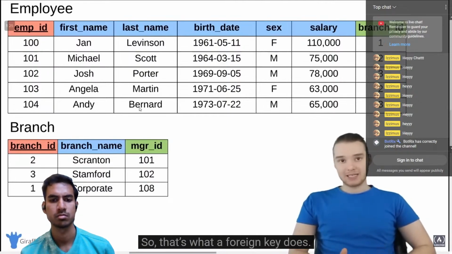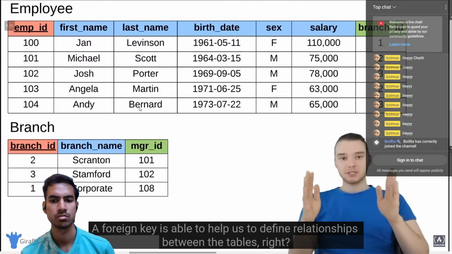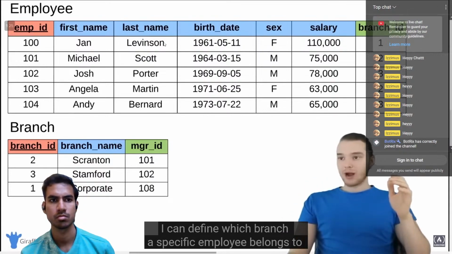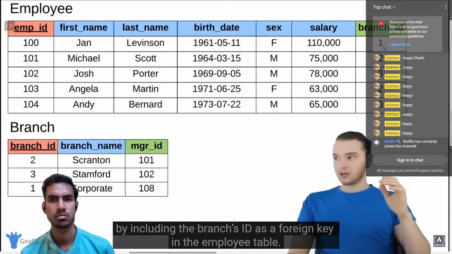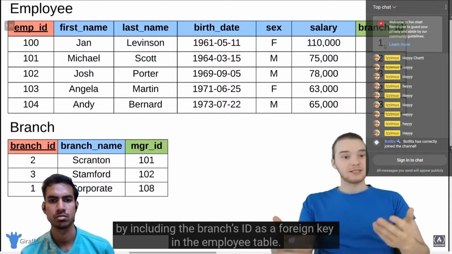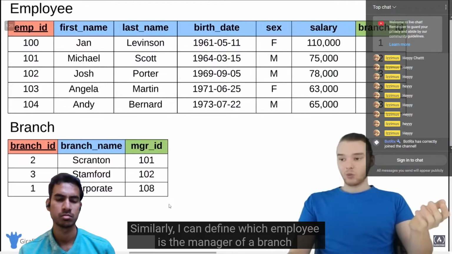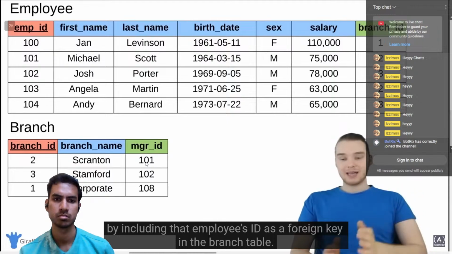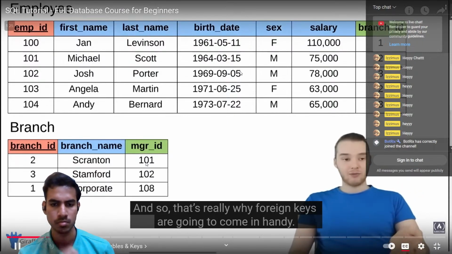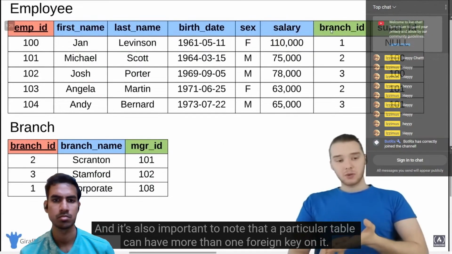So that's what a foreign key does. A foreign key is able to help us to define relationships between the tables, right? I can define which branch a specific employee belongs to by including the branch's ID as a foreign key in the employee table. Similarly, I can define which employee is the manager of a branch by including that employee's ID as a foreign key in the branch table. So that's really why foreign keys are going to come in handy. And it's also important to note that